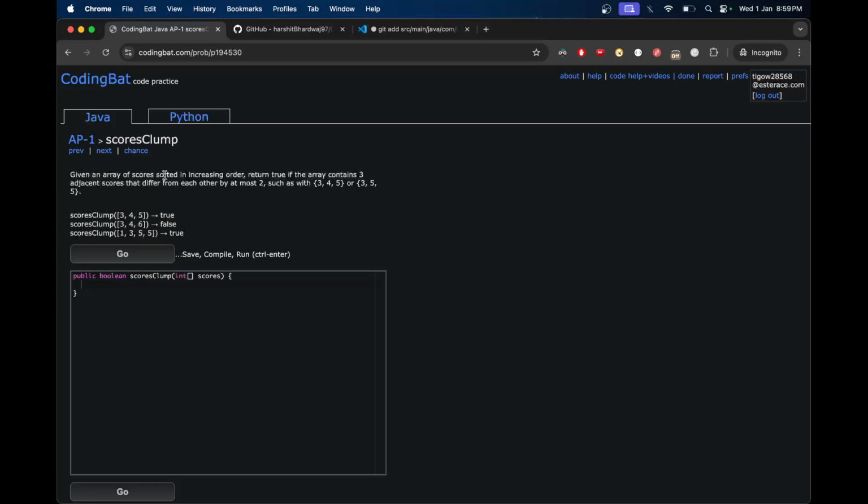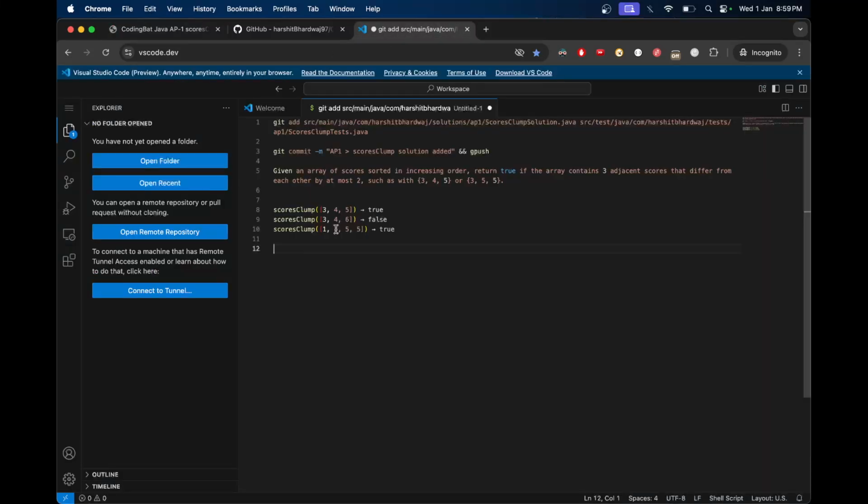Given an array of scores sorted in increasing order, return true if the array contains 3 adjacent scores that differ from each other by at most 2, such as with 3, 4, 5 or 3, 5, 5. So in the scoresClump method, we will be given a sorted integer array scores, and we need to check that the difference between adjacent 3 elements should be at most 2. If we are able to find one such combination, then we need to return true, else we need to